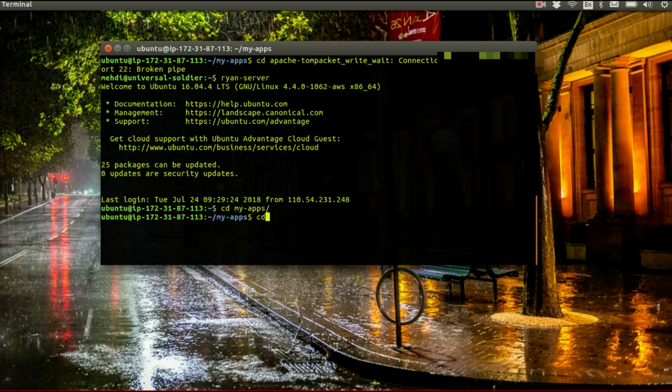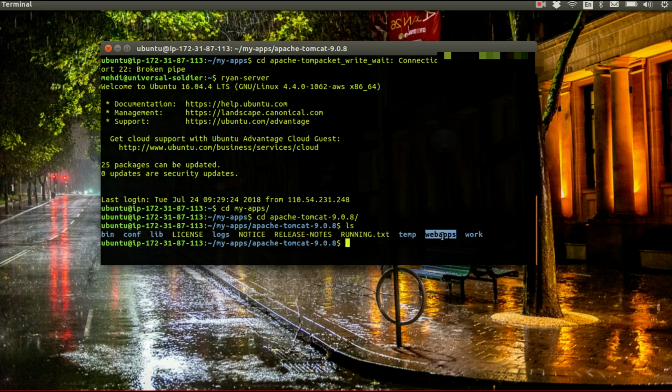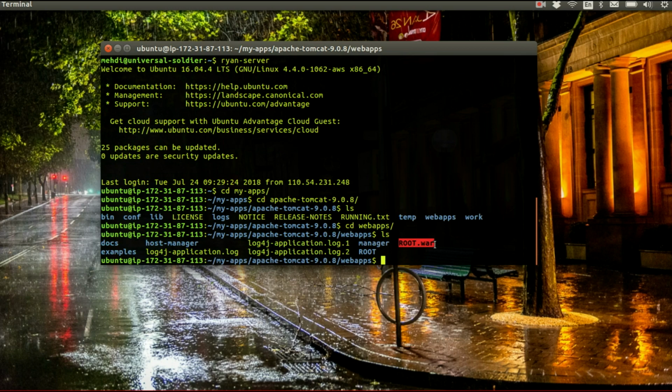Now we're in the server. Let's go to the my apps folder. Then let's go to Apache Tomcat. Within this folder we have a folder called webapps. As you can see, it is in here. So we have to go to this folder. As you can see, there is a file called root.war. This is the file that you have to use to deploy your application. So for example, if your war file name is for example xyz.war,